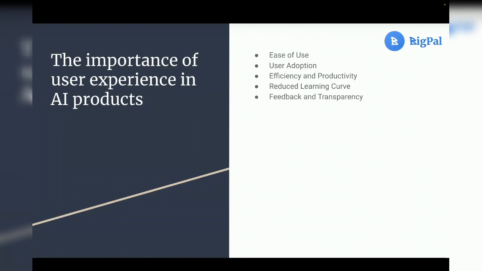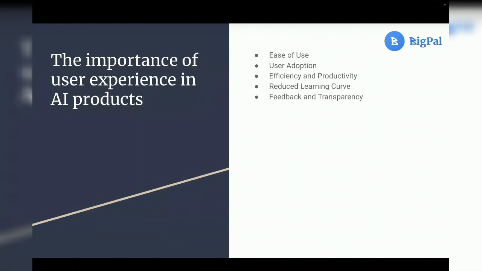Another very important thing you should know while designing AI products is user adoption. Let me explain that. A positive user experience encourages trust and confidence in the technology. Trust me, if you use it today and you get your answer, use it tomorrow and you get your answer, you will make it a part of your life. You will use it so much that you will be so